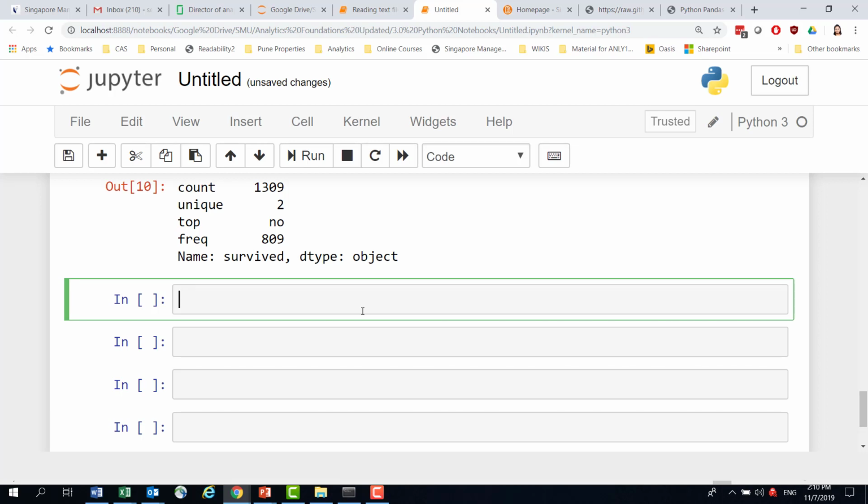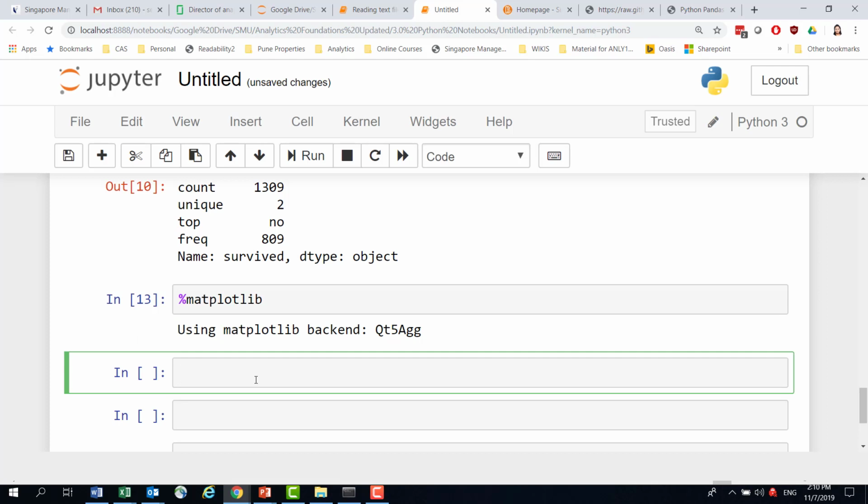So what we need to do is enable the matplotlib support in pandas before we can call those inbuilt visualizations. So matplotlib is enabled after this particular piece of code, and from there I will just show you one of the basic functionalities, which is how you can create a histogram